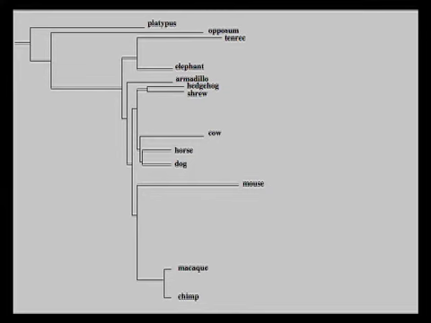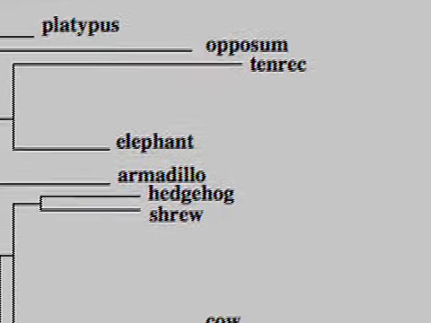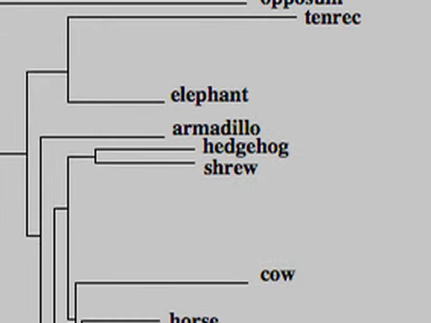Here's the tree now, all filled in, and I want you to look for Tenrec and hedgehog. I'll point out to you that Tenrec is up at the top, and the closest organism to it is actually the elephant. Meanwhile, hedgehog is more in the middle, and the closest related organism to it is the shrew. Now, Tenrecs and elephants don't look anything like each other, but they're the organisms that are closest together on this tree. And based on DNA, that shows you that the Tenrec's closest relative that we've sequenced so far is the